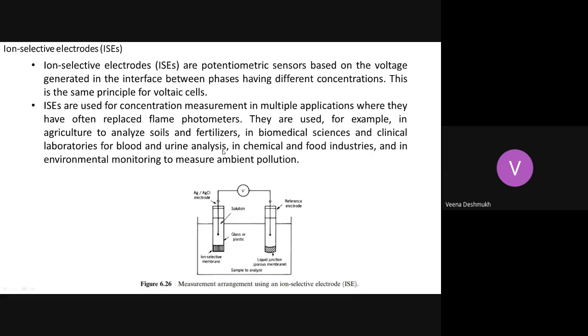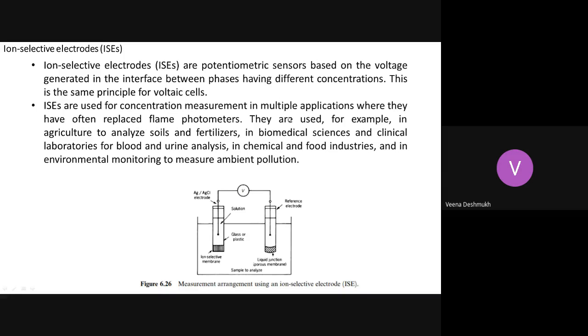And even for blood and urine analysis. Again, in blood and urine analysis, what is required is the concentration level of different chemicals. If you take the regular blood report, the calcium, the iron level, what are these basically? They are chemicals. So what is the level of them in a human body? On the basis of that, the analysis is done. Again, in urine analysis, especially for diabetics, the sugar levels are checked. How exactly are the uric acid levels checked? By analyzing a specific content in them. For these, ion selective electrode sensors are used.